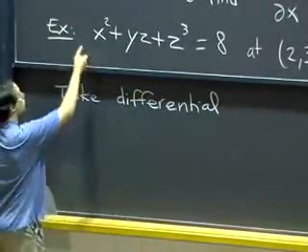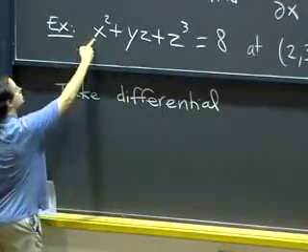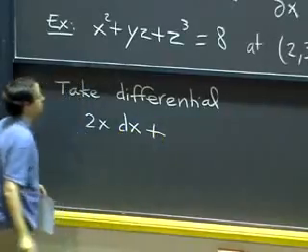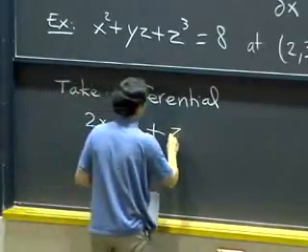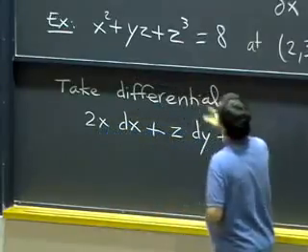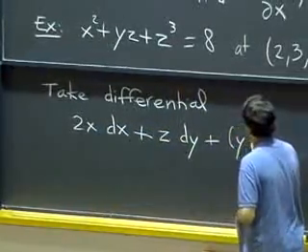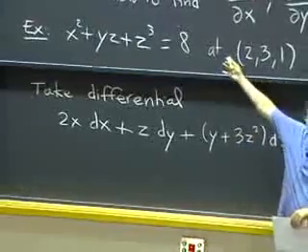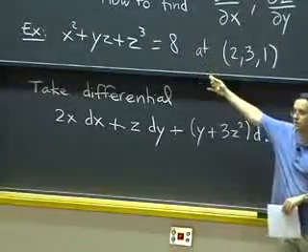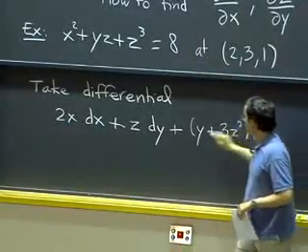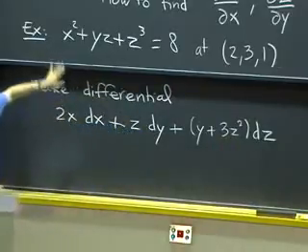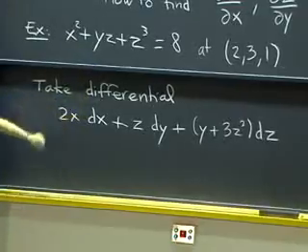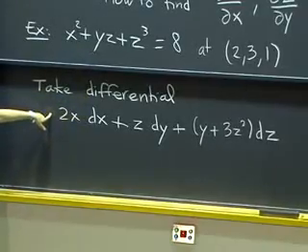So, well, what's the differential of this? So differential of x squared is 2x dx plus, I think there's a z dy, there's a y dz, and there's also a 3z squared dz. Okay, you can get this either by implicit differentiation and the product rule, or you can get this just by putting here, here, and here the partial derivatives of this with respect to x, y, and z. Okay? Any questions about how I got this?